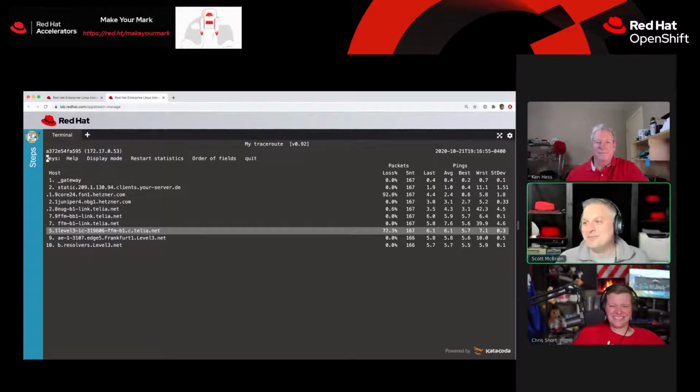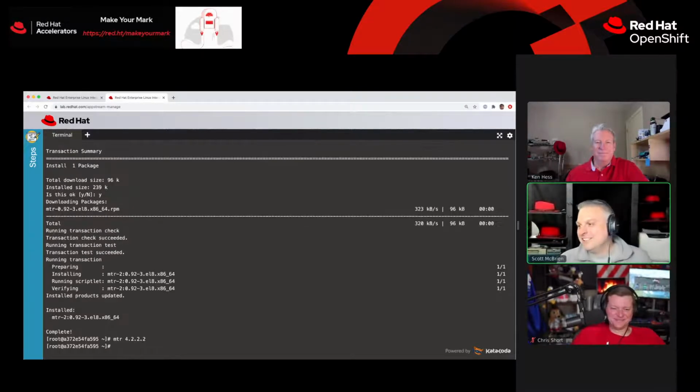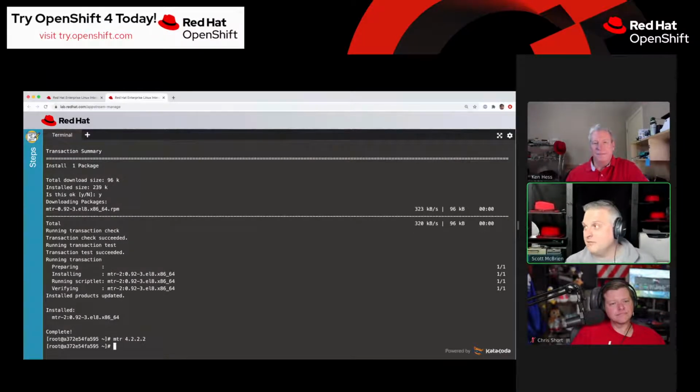That's not good. But anyway, MTR is one of my favorites. Traceroute's okay, but MTR cranks it up to the next level. One of the others that I think is really handy that has fallen out of vogue: I just installed this package with Yum. And so the interactions that we have with package management now are Yum or DNF. And sadly, they don't provide as much data as RPM does natively. So for example,